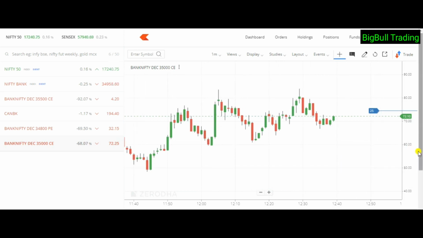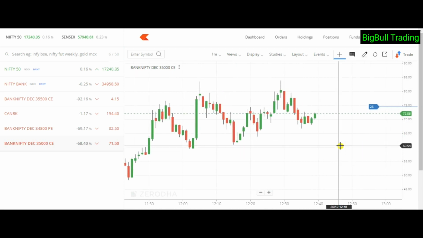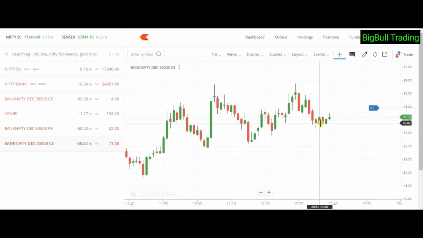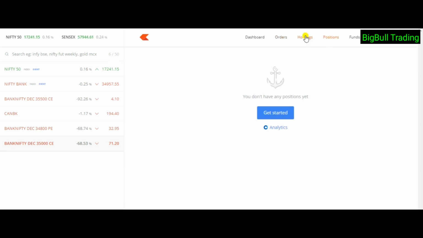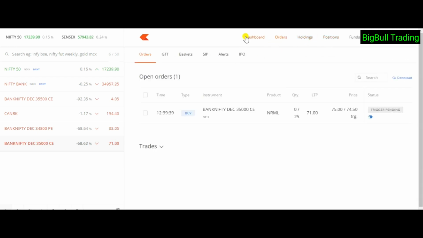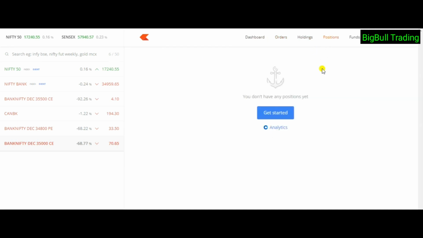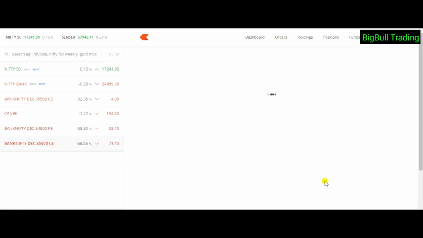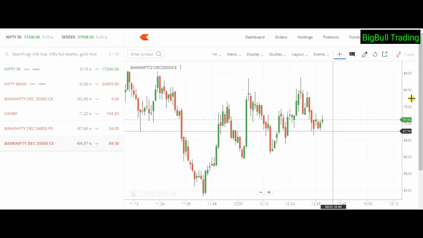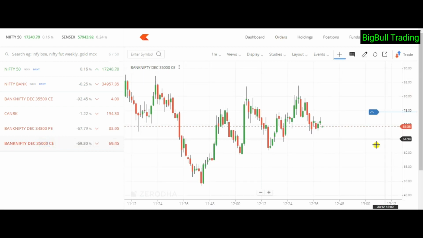If we get this price, then the order will be executed. And over here, if you go to the order segment, you see all the orders are pending at 75. Whenever it gets there, the orders will be activated. So let's wait and see how it works. We will hold this one and check in the order book. So we will go to the chart and we will wait. If the order comes, it will be triggered at that point of time. Let's wait and see what happens.